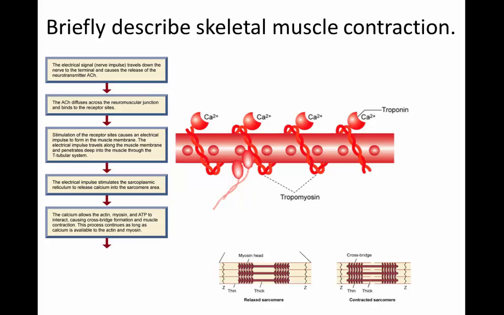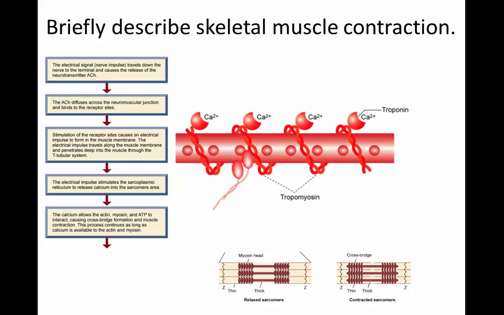And so that's what's being shown on the bottom here in the images. Many myosin heads are binding to actin within the sarcomere, allowing for contraction. But here we've been able to zoom in on the process of how that occurs. So, as is stated on the left side here, this continues as long as calcium is available to the actin